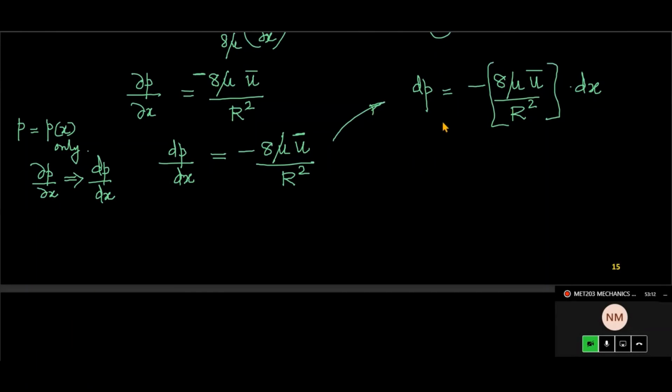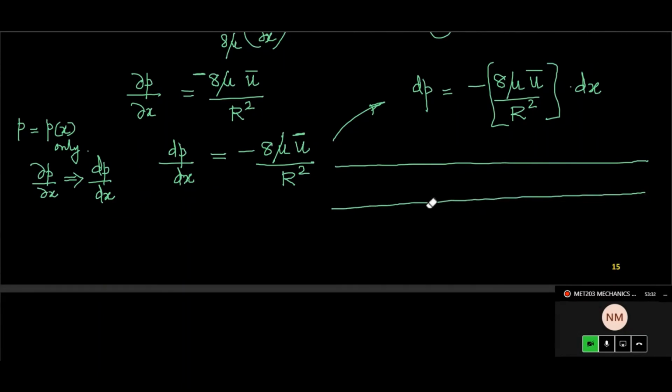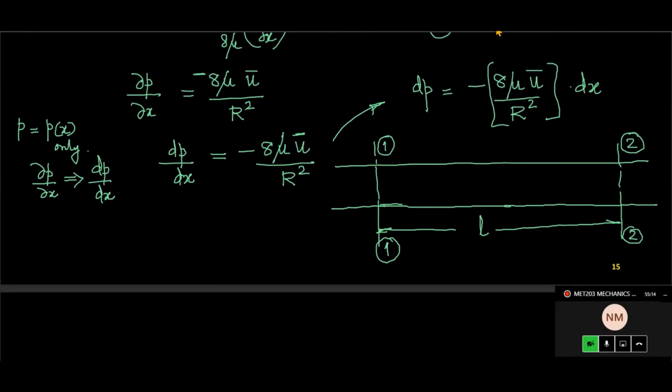Okay, and now the pressure. If you integrate it for a certain length, that is our idea. Before integration, let me draw a small schematic of the pipe through which the viscous flow occurs. So far we were considering only a section of the pipe. Now we are considering a certain length, and we try to find out the pressure drop. Due to the viscous resistance, the pressure will decrease, as I told you already. The pressure acting on section 1 is P1, and the pressure at the other section is P2.